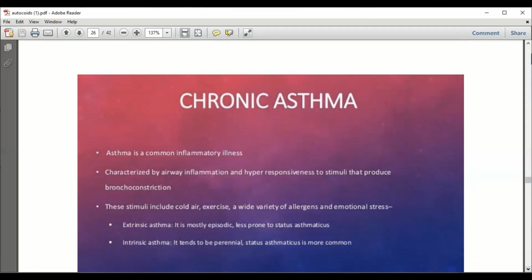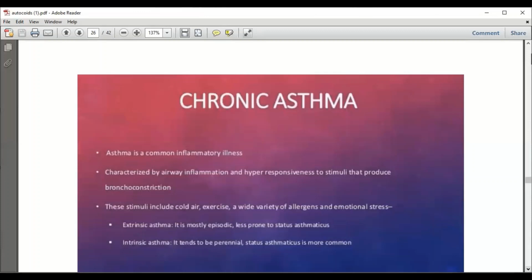So these stimuli can be a cold environment, exercise, sometimes emotional stress, various allergens like air, foreign grains, some perfumes, smoke, cigarette smoking, all of them chemicals, which can act as allergens to provoke these types of